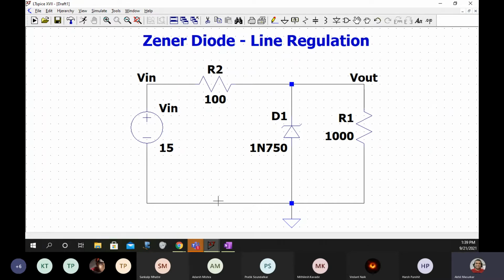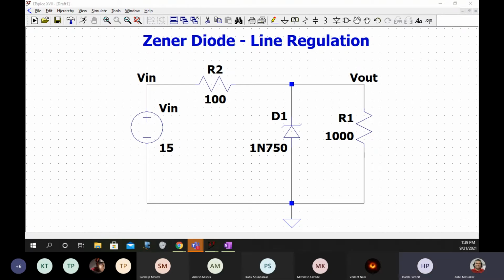So once you are done building this much of the circuit, just post the circuit in the chat box. I will wait.